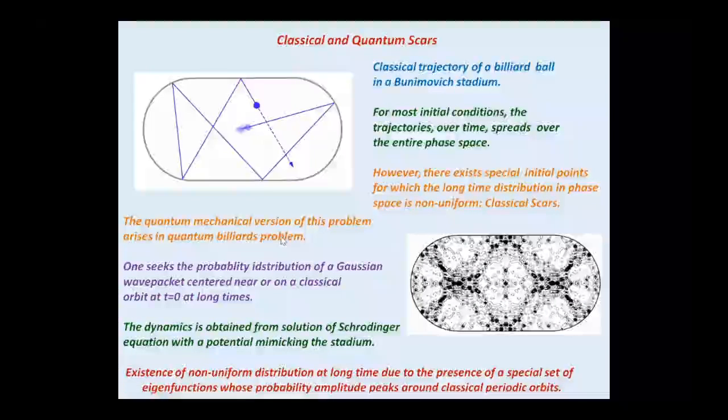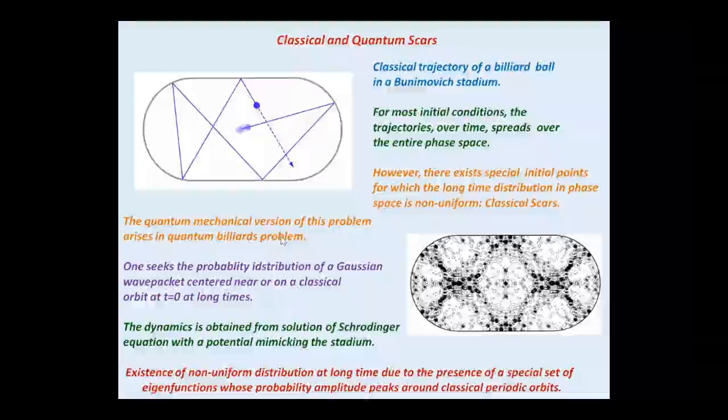Is there a question? Krishnendu, just one quick question. The quantum scar that you are showing, it is just the probability density that we are measuring? That's right, probability. This black dot and white dot, it represents the intensity, right? It represents the intensity. Black means larger intensity. Okay, fine.